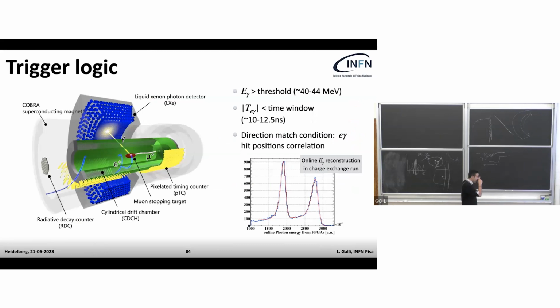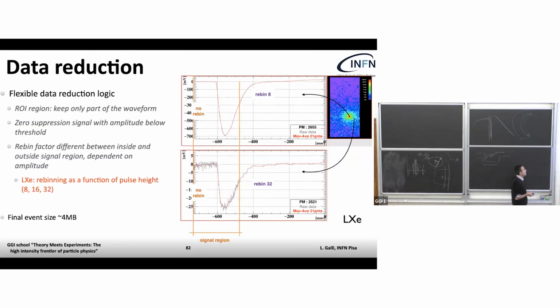Last but not least for the detector is the trigger logic. MEG was, I would say, a single purpose experiment. We are searching for this mu to gamma decay in a high background, and given the DAQ that we have,